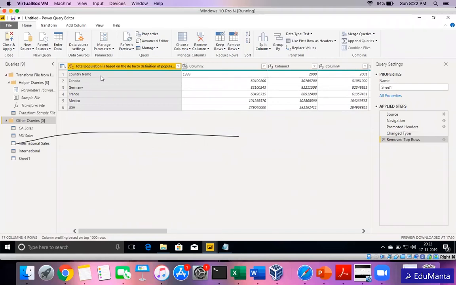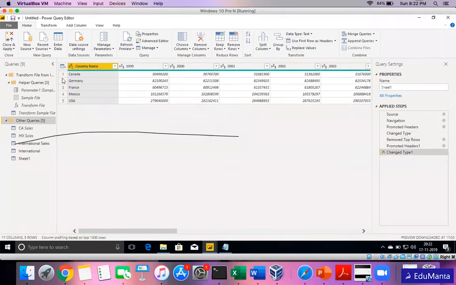Now this particular thing, okay, I say that country name should be a header and it's coming in the data. So I don't want this. So there's another option which is called use first row as headers. So I'll just click on this and what it will do is promote the first row of data to header. So now I have country name and these different headers, 1990, 2000 and so on, as the header and the population. But this is not the format I need for reporting. I need country name, year as a column and then the population.